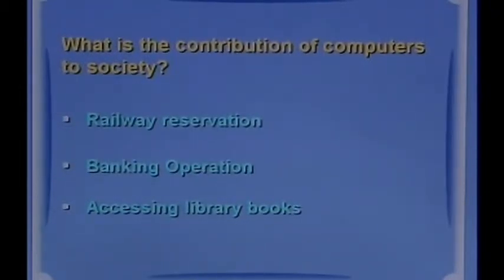A student goes to his college library to borrow a book. He has to search the entire library to see whether the book he requires is available at all. With the help of a computer, he can find out how many books of the same title are available in the library, and how many of them are issued, by pressing a few buttons. He can also reserve the book for himself if all the books available in the library are already borrowed by others.